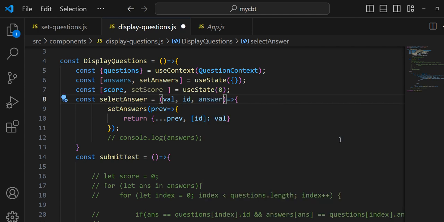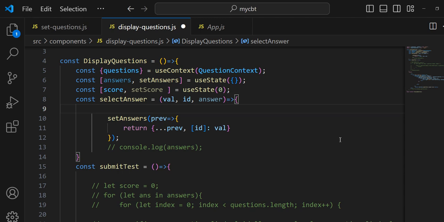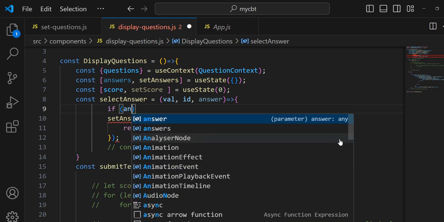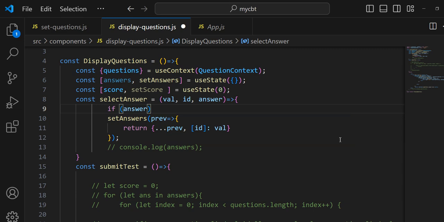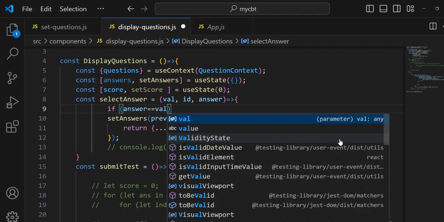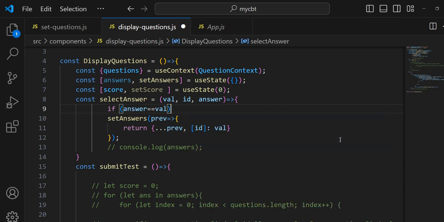Okay. We can now say if answer is equal to var, that is, if the answer is same as var for that particular question, right, then we can